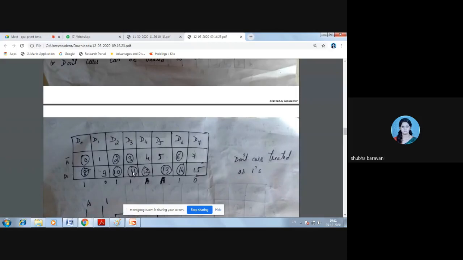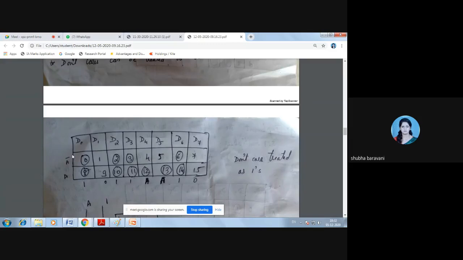Okay, so if I do not circle this, then I would require to give it to A. So I'll consider it as circled and connect it to logic 1. See, 3 और 11 दोनों circle किया है, so D3 I'll connect to 1.